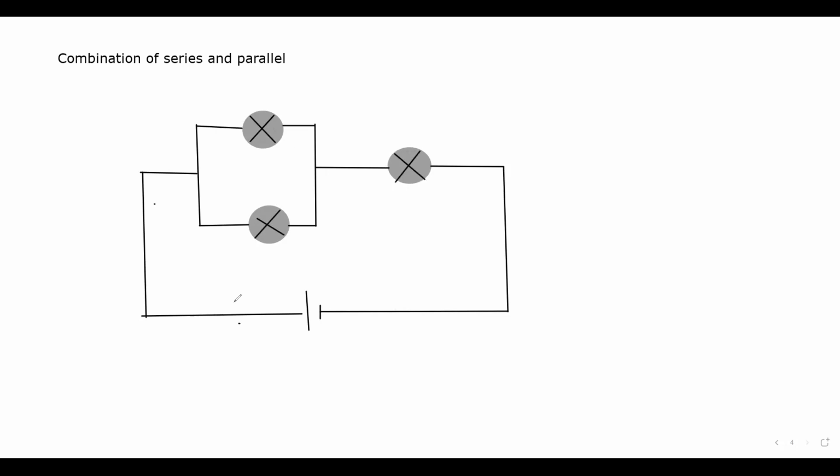So for example, 6 ampere is entering the circuit. The two lamps are identical, the same type of lamps. What will be the current in each lamp? If two lamps are identical, the current in each lamp, because they are identical, so equal division will be there. 6 ampere will divide into 3 ampere and 3 ampere, equal.